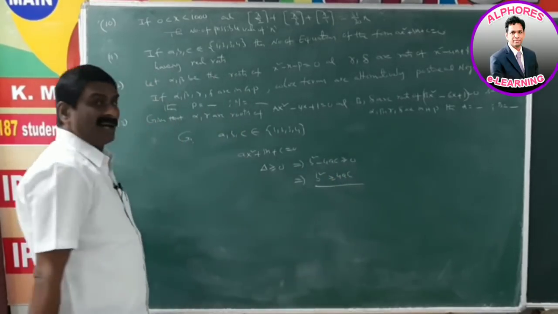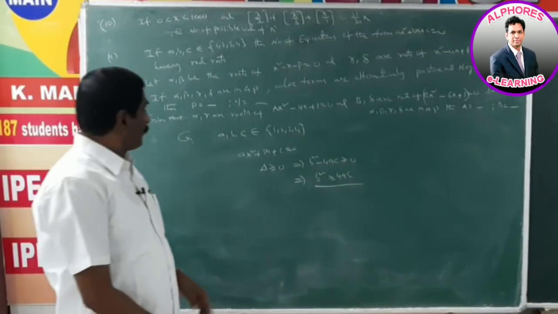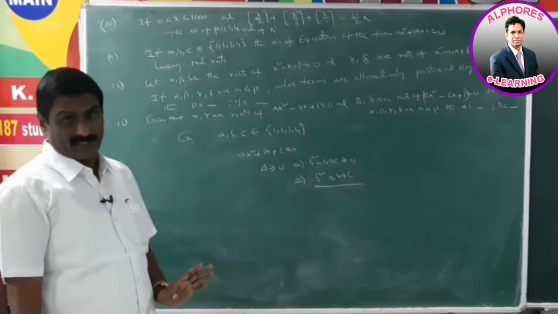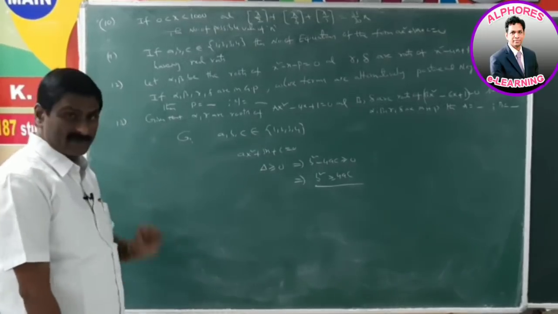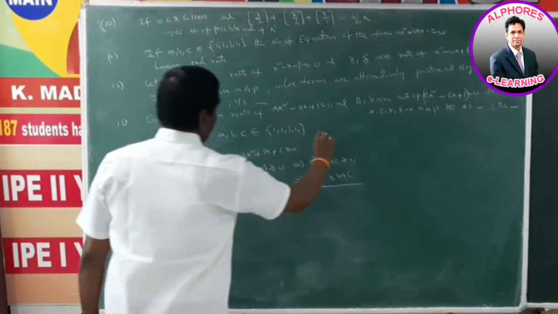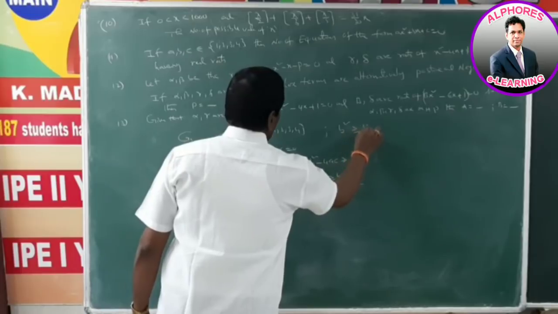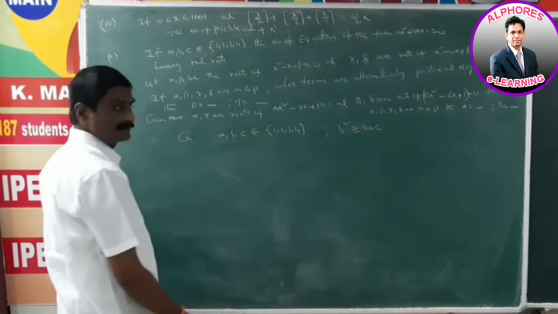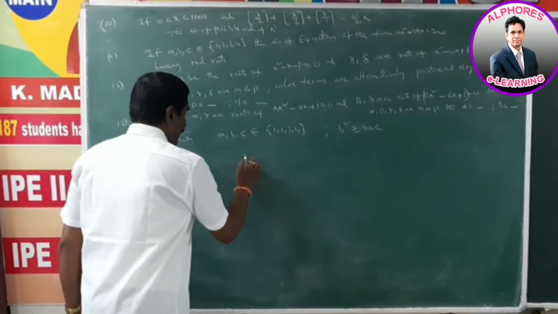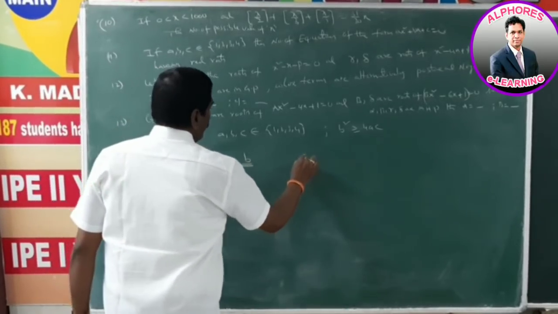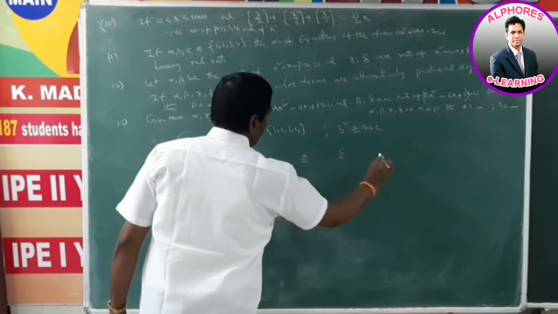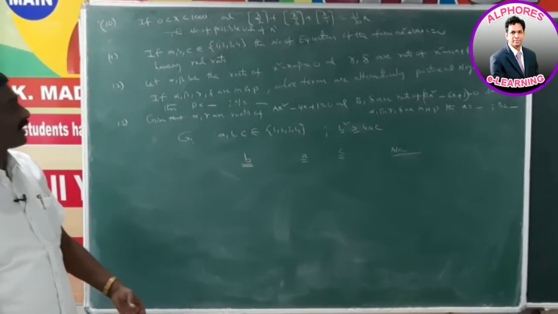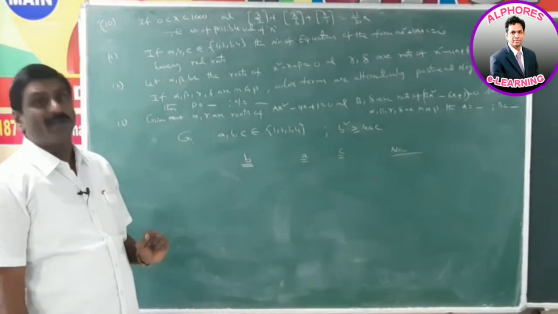Now we find the number of possible cases when a, b, c belong to {1, 2, 3, 4} and b² ≥ 4ac. The possible cases we find in this way. For each b, we list the possible values of a, the possible values of c, and the number of possibilities. We check the values of a, b, c such that b² ≥ 4ac.